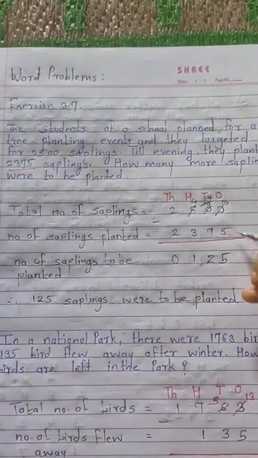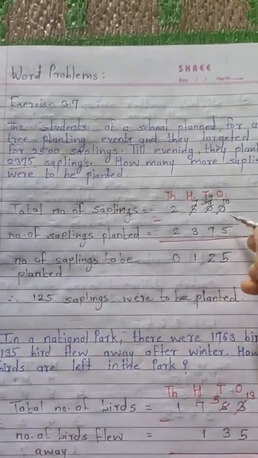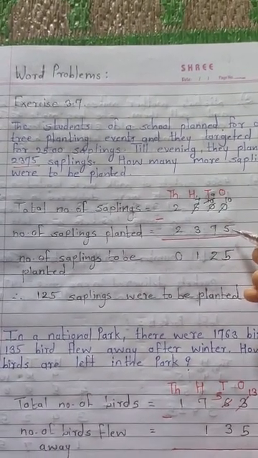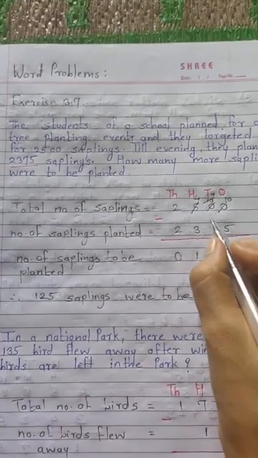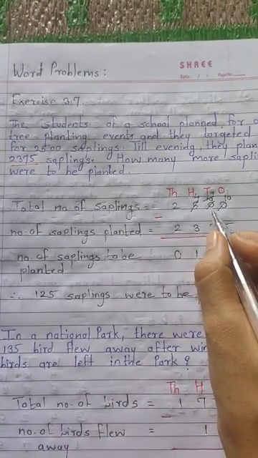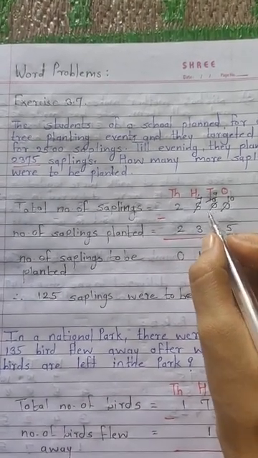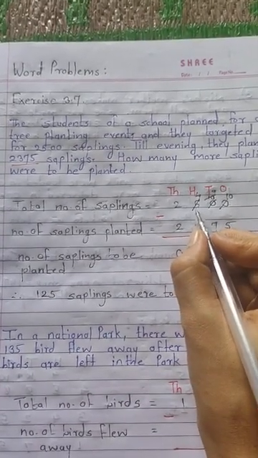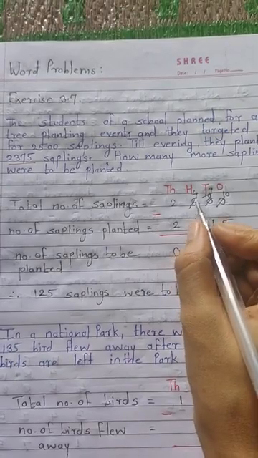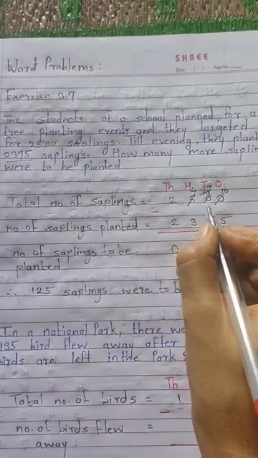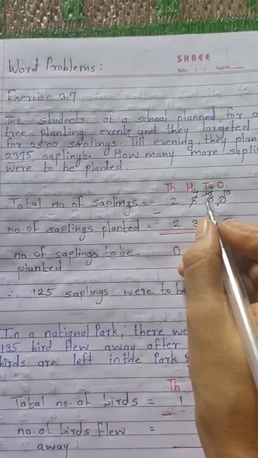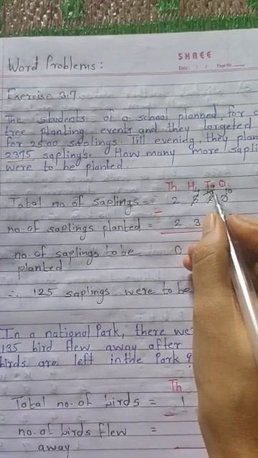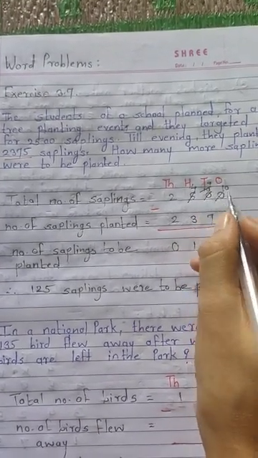So starting from the ones place, 0 minus 5 is not possible, as the first number is smaller than 5, so we can't subtract it directly. So we will move to the next. As there is also 0, we can't take 1, so we will move to the next. Here is 5, so it can give us 1. So if 5 gives us 1, how many will remain? 4, and here will be 10. Now this 10 can give us 1. Yes, so we will take 1 from it. That means here will be 9 and here will be 10.